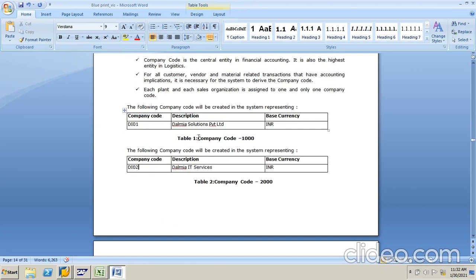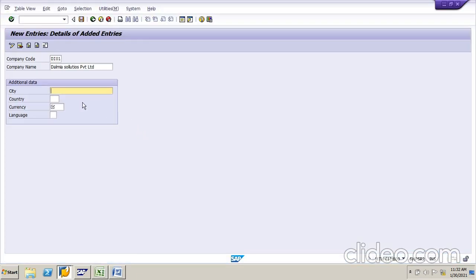In the organization structure it is Hyderabad, and the other one is Mumbai. So just give Hyderabad. Country is India, currency is INR, language EN. Just click on enter. Okay, now save the data.